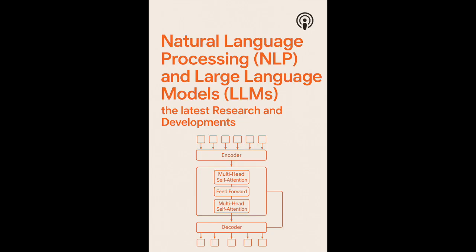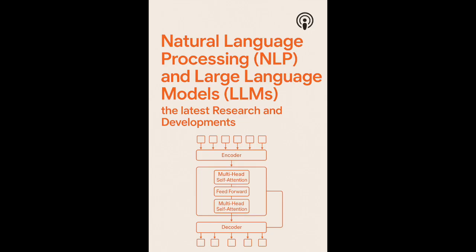We curate or collect a data set of maybe thousands or tens of thousands of examples. Each example is basically a prompt or an instruction paired with a high-quality desired response. Where do these examples come from? They can come from humans writing them, or by repurposing existing NLP data sets, question-answering data sets, summarization tasks, translation pairs, and formatting them into this instruction response template. Translate this sentence, summarize this text, explain this concept. And you fine-tune the pre-trained model on this data set.